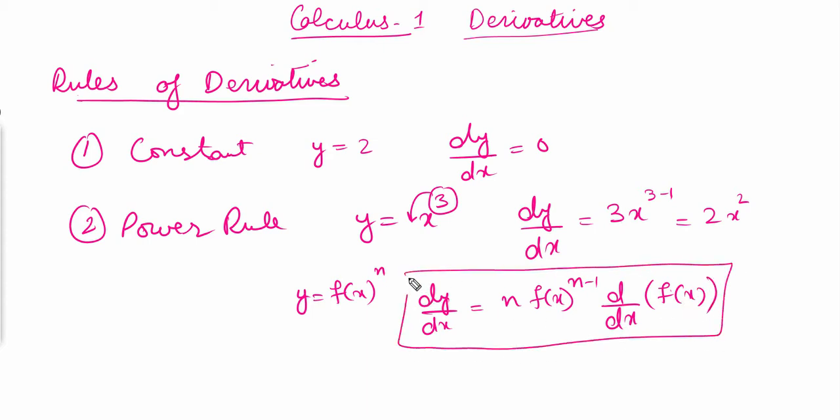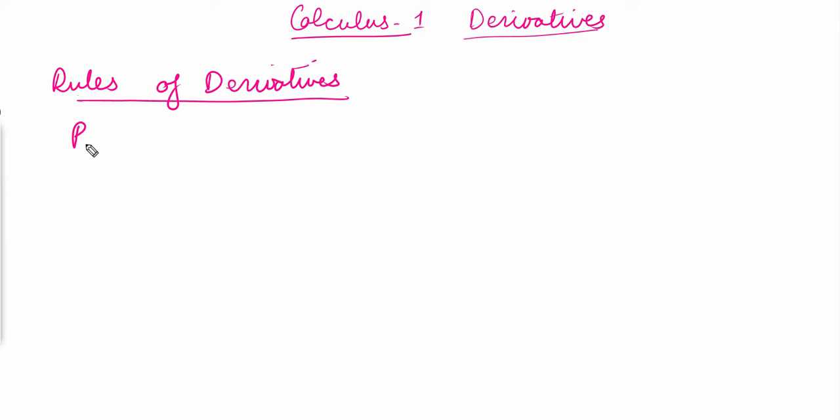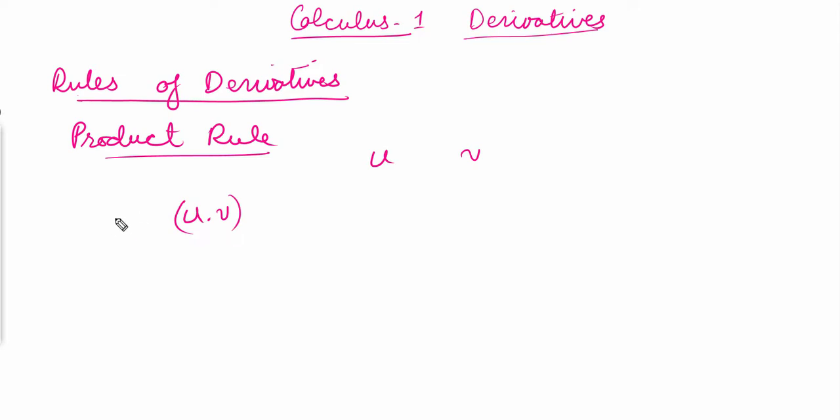So this is the power rule. Now the next one that we have to discuss is the product rule. Let's suppose we have two functions u and v. These are the functions of x. Now these two functions are being multiplied with each other and we have to find out the derivative of these